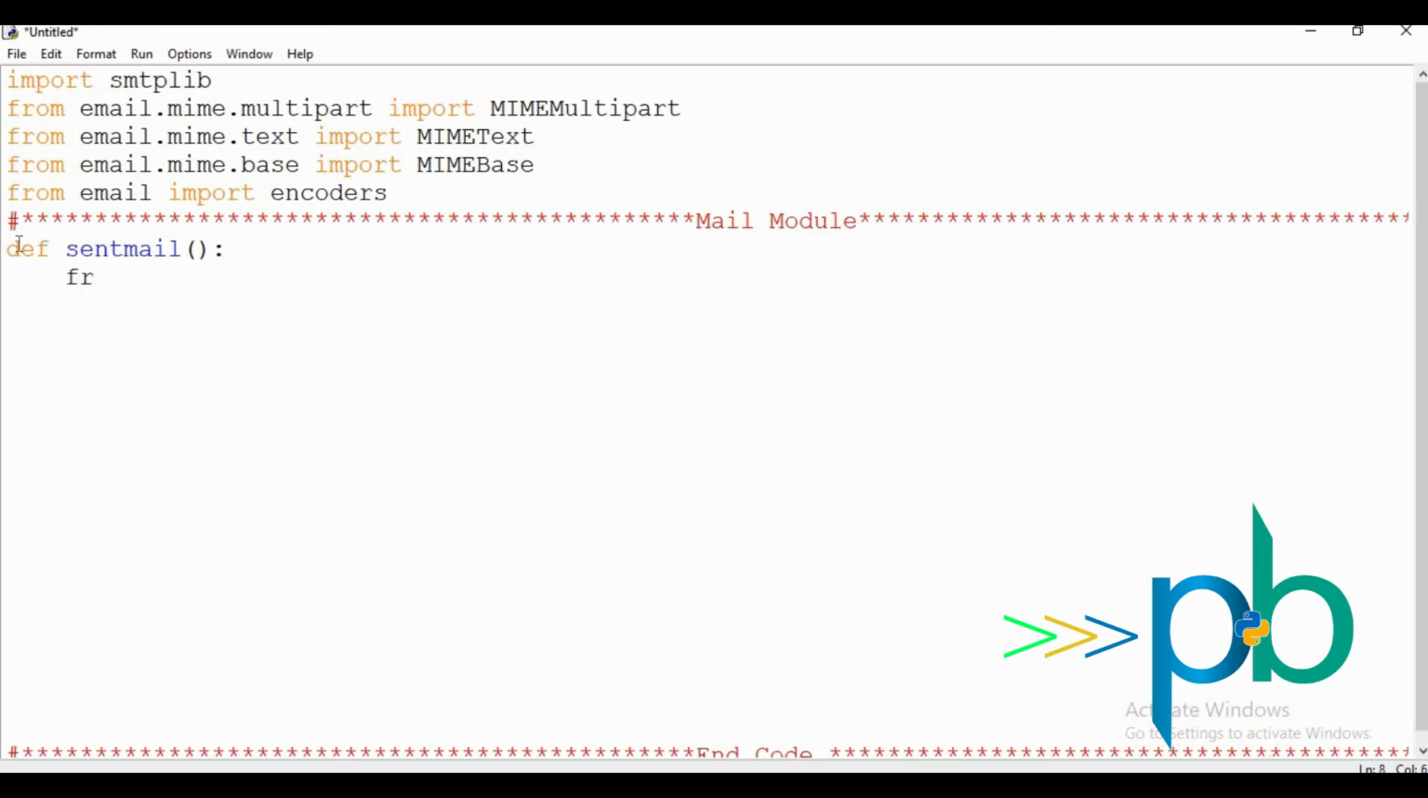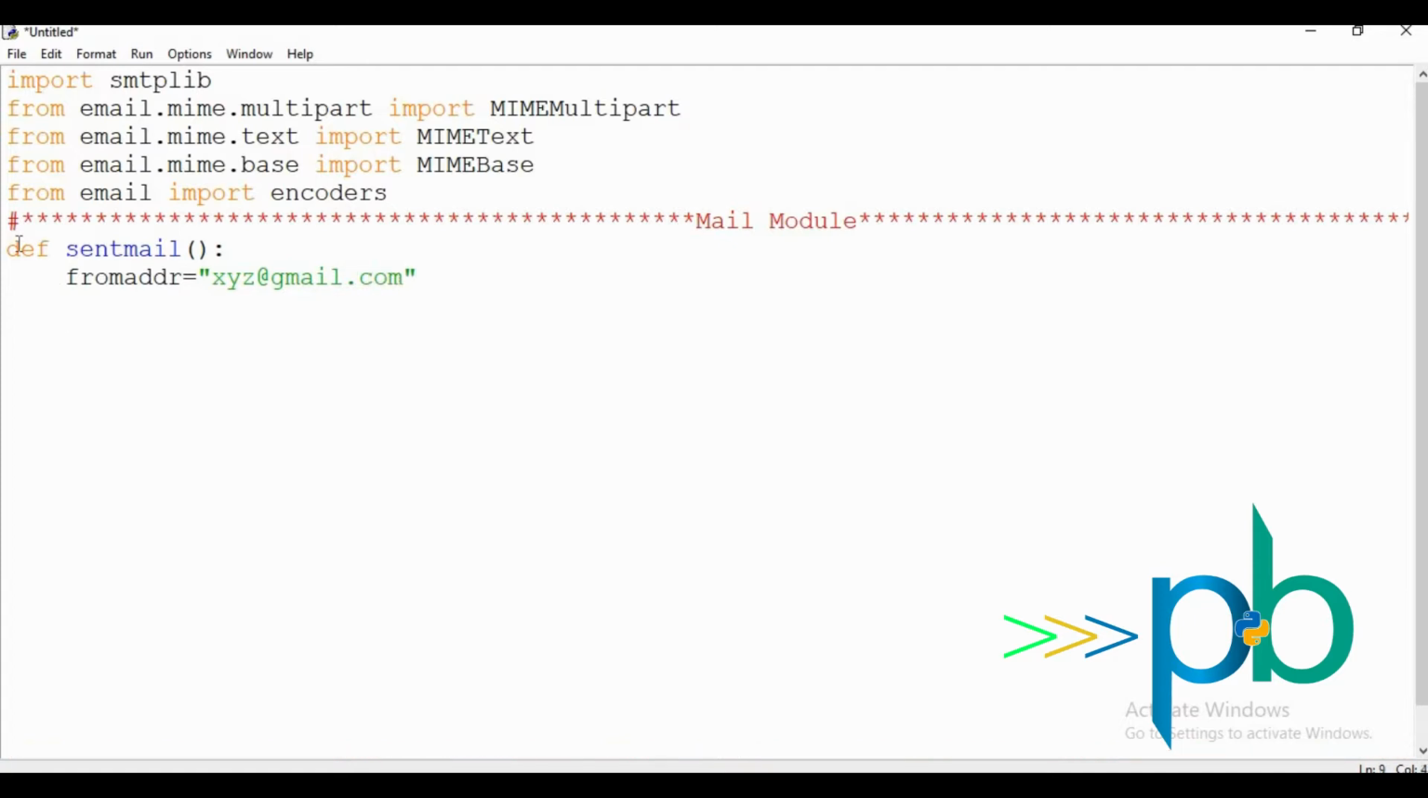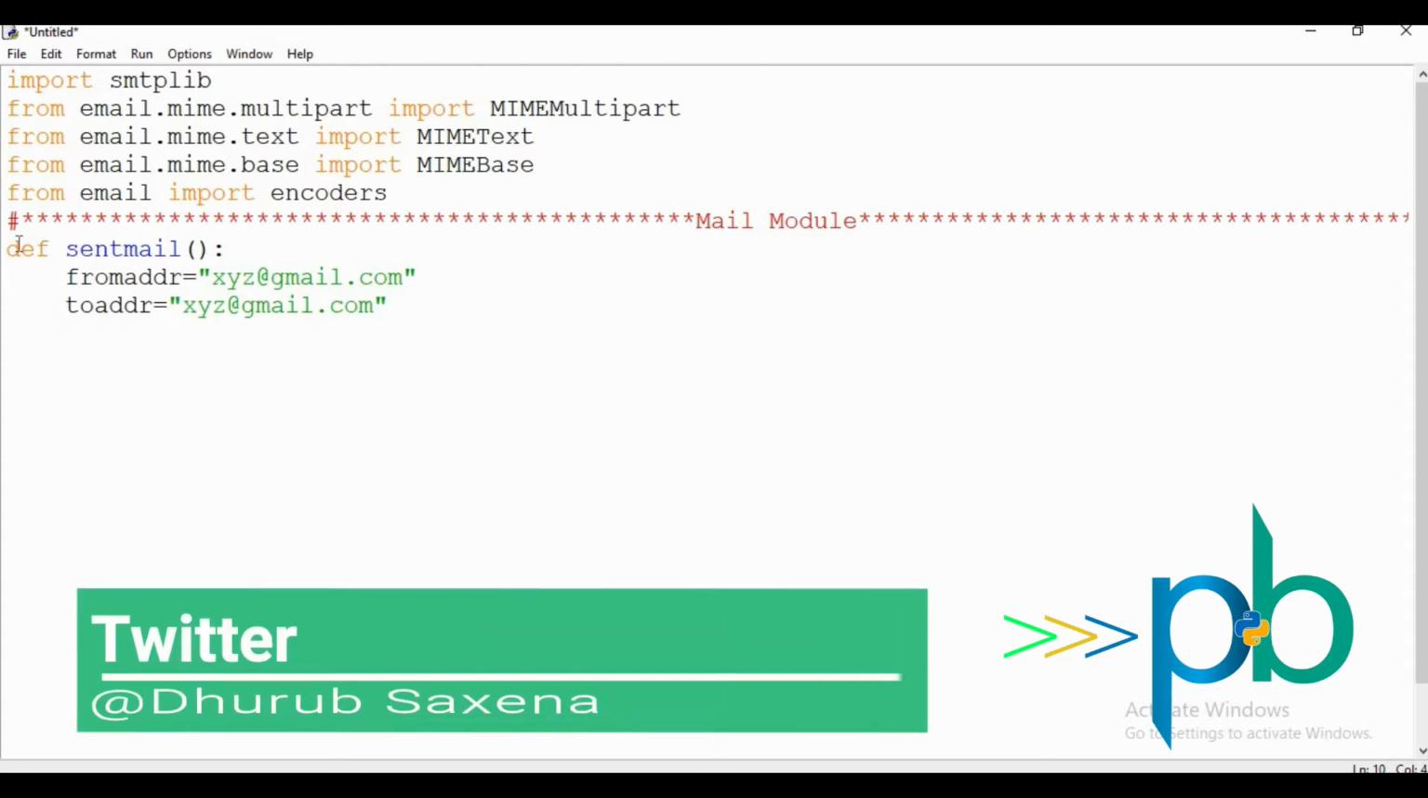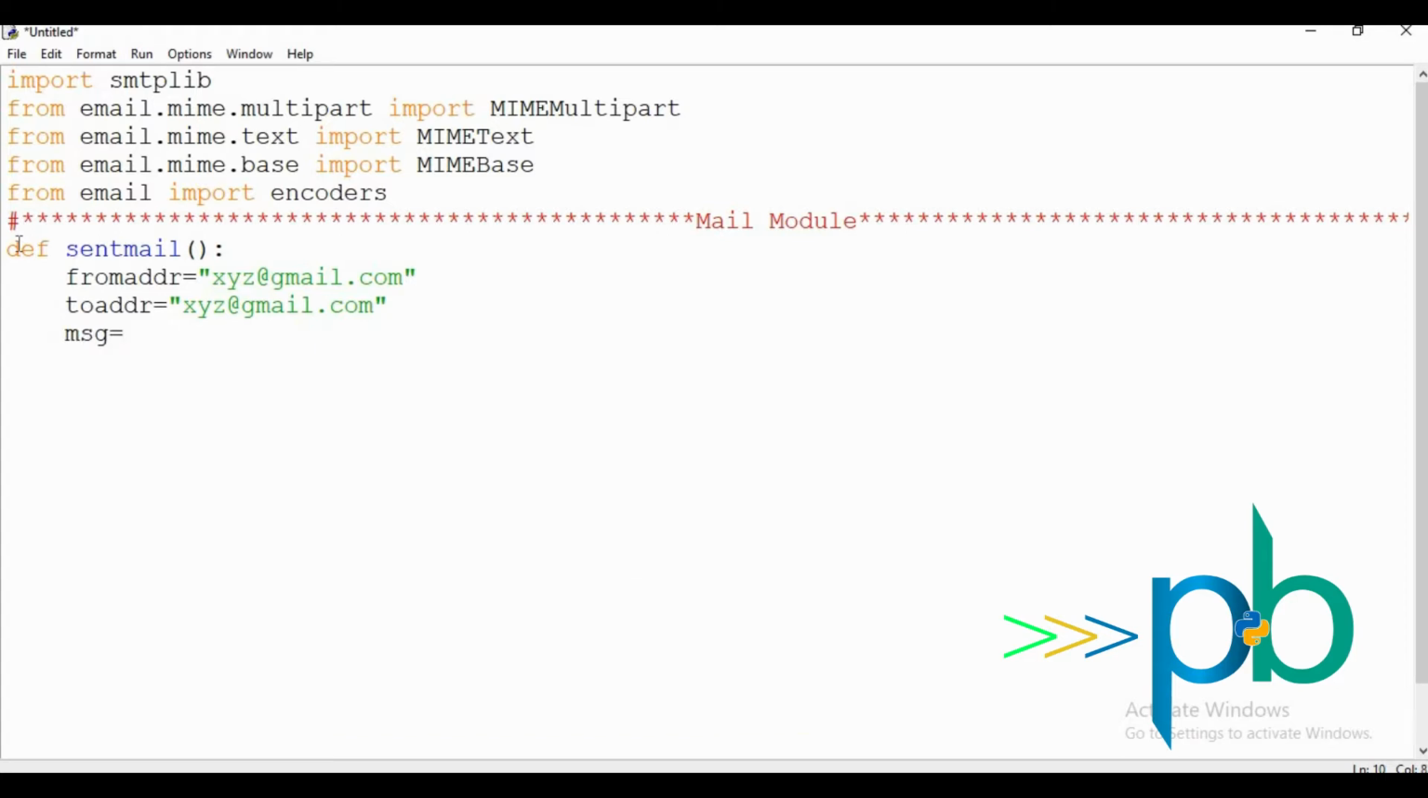And we have to provide the from address, xyz@gmail.com, and the to address, and then we have to create an instance of MIMEMultipart. msg is equal to